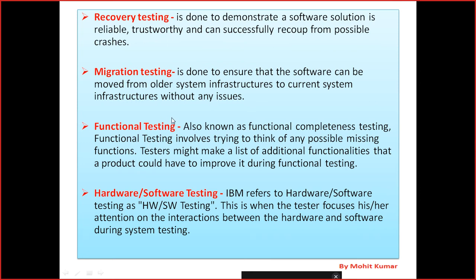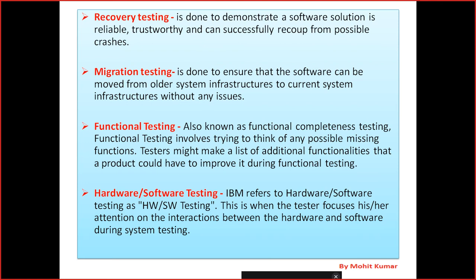Functional testing means we are testing the validation of the application. We are only testing the functionality or features, whether your application features are working as expected or not. We are checking the functionality. This is functional testing. We are going to do this tester job, and we need to test carefully. If you miss something, it will be a huge loss, right?